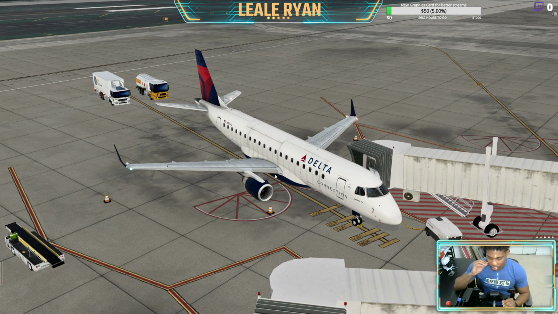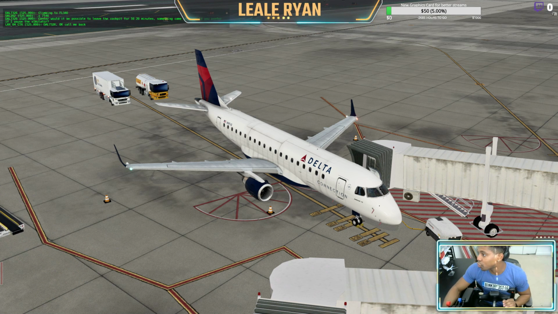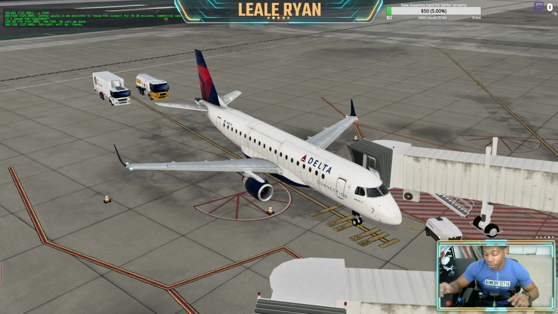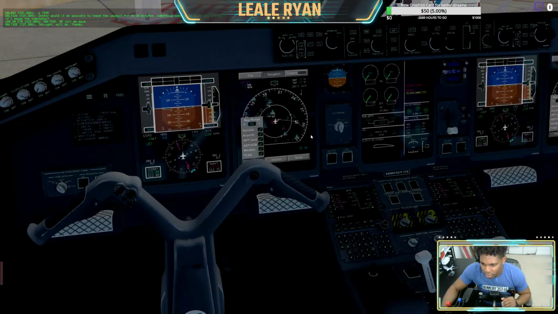Good morning again, American. Alright, let's call for clearance here from the air traffic controllers. 3000 direct. And let's get out of here. We're going to be cleared to San Diego. Sorry, Los Angeles. And we're doing the Echo 1, which is going to be...